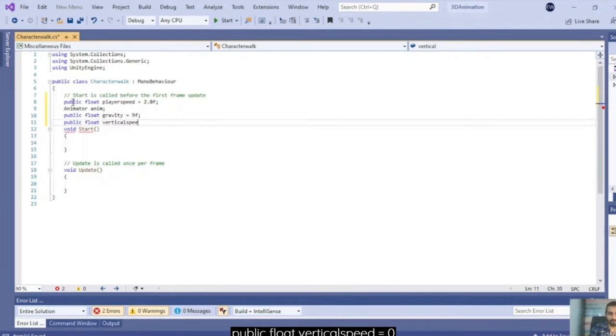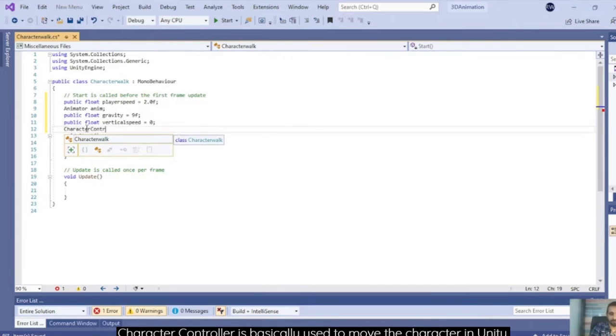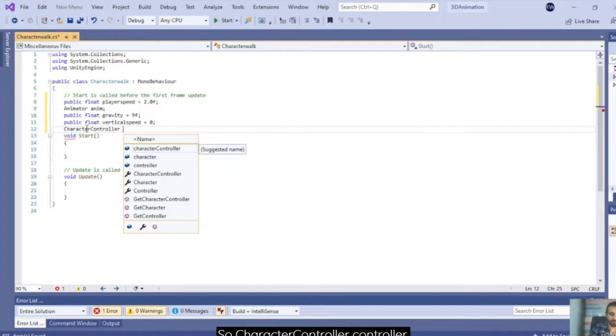vertical speed equals to 0. Also, we are going to use a character controller here. Character controller is basically used to move the character in Unity. So character controller,